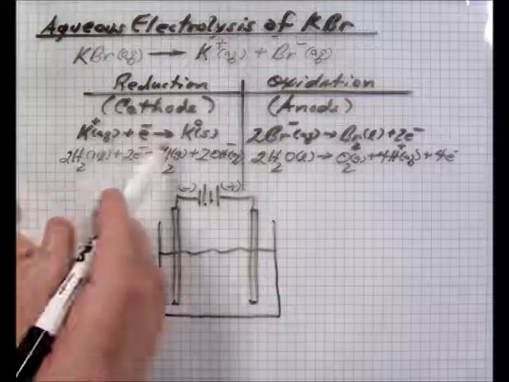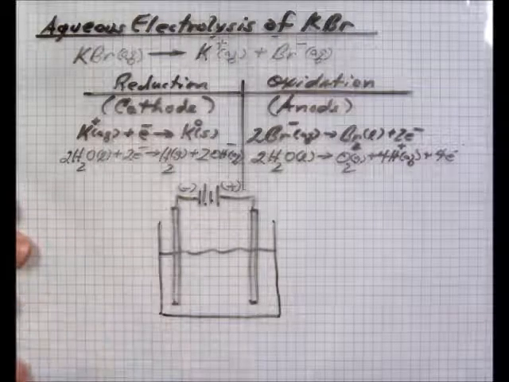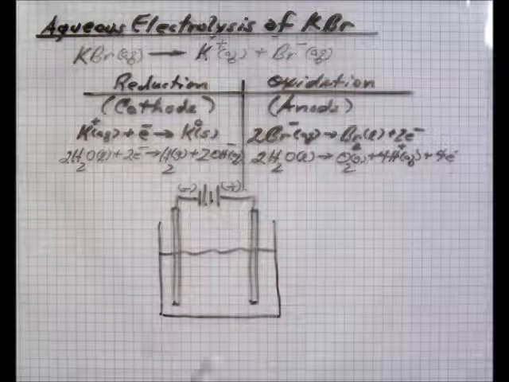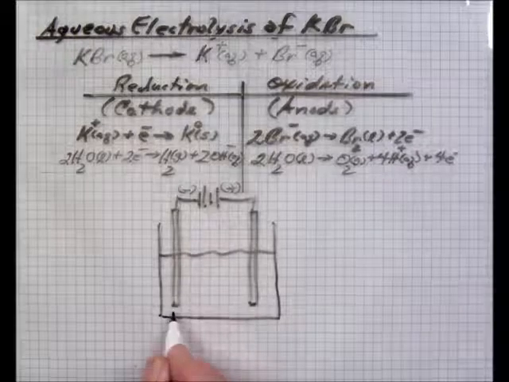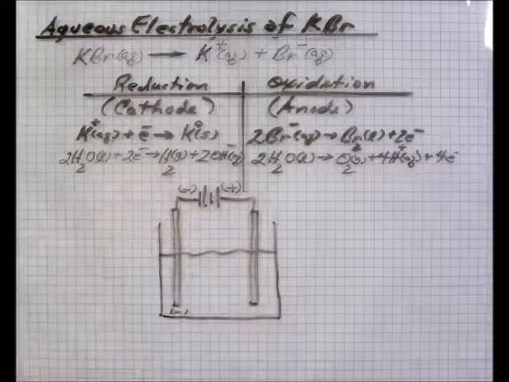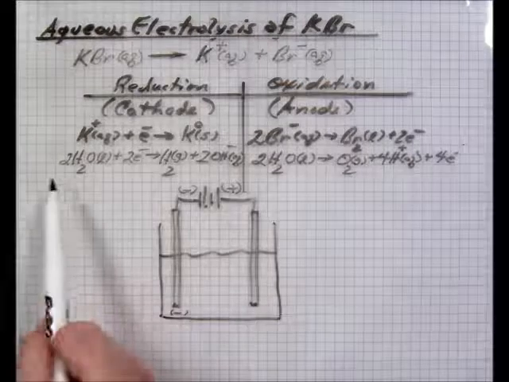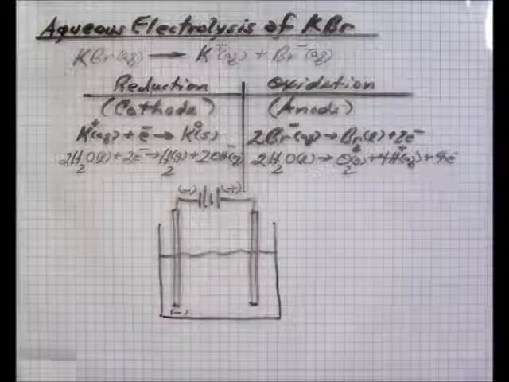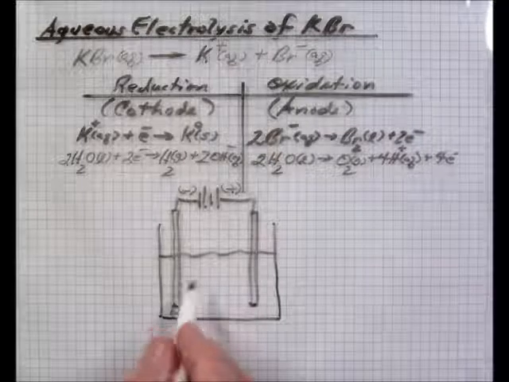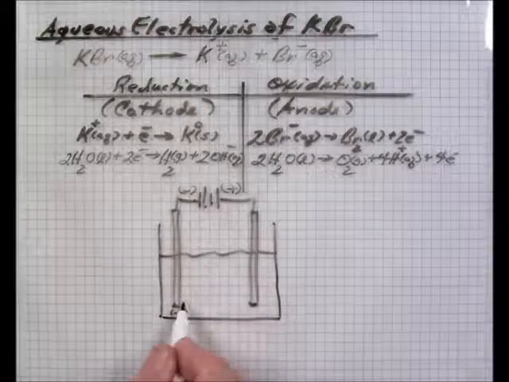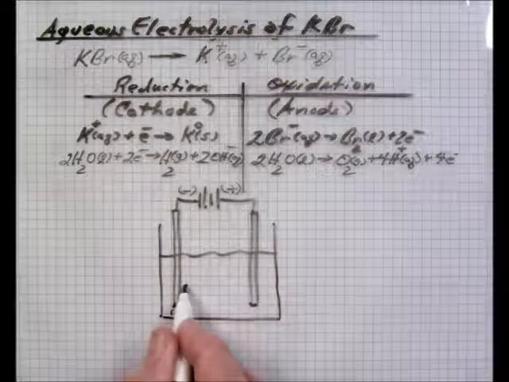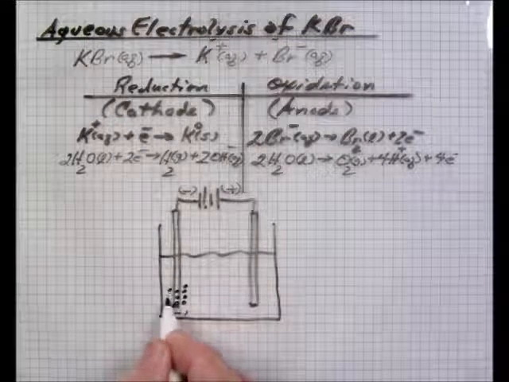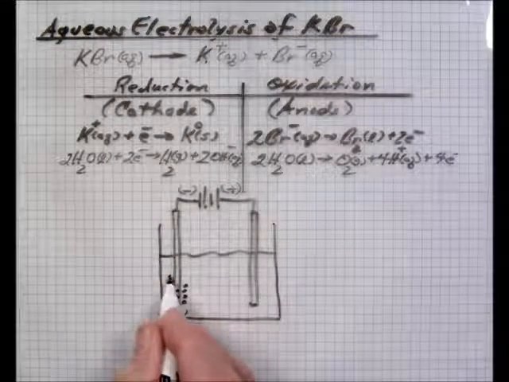So we've got a competition between the potassium and the water, and on the cathodic side we see a reduction of water. And so as we observe this electrode, what would you essentially see? First, you'd see hydrogen gas being given off in great quantities. You would see a rapid generation of